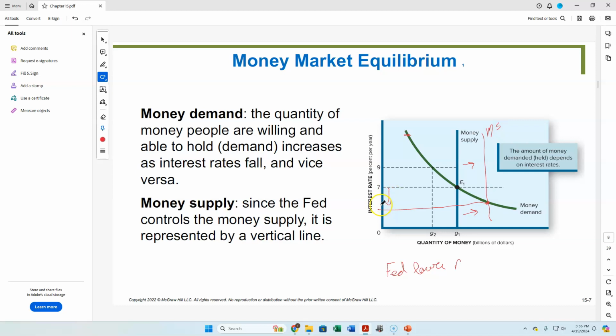Why would they do that? Well, the reason is because they want people to spend more money. They want people to borrow more money and do those kinds of things. So they're going to try to basically stimulate the economy. Obviously during COVID, we saw this. During the 2008-2009 financial crisis, we tried to do this. And if the Federal Reserve is trying to raise the interest rates, as they did in 2022, then they're trying to slow the economy down.